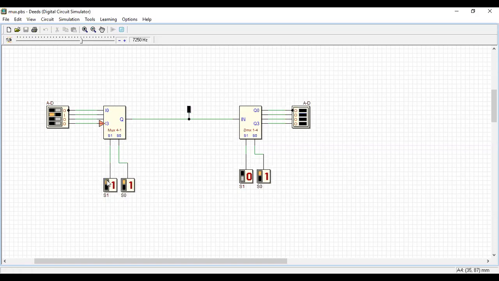Then we will do 1, 1. So now who is talking? D is talking. D is talking to whom? I want to make it D. Okay. So D is talking to D. Got it? So you can understand this exercise as a whole. This is the concept of multiplexing as well as demultiplexing. We multiplexed on the transmitter side and then we demultiplexed on the receiver side. So this is what happens in a telephone conversation also.